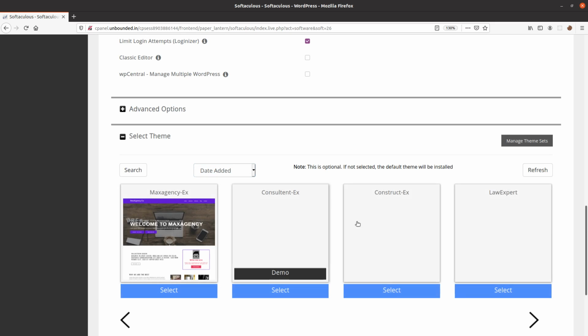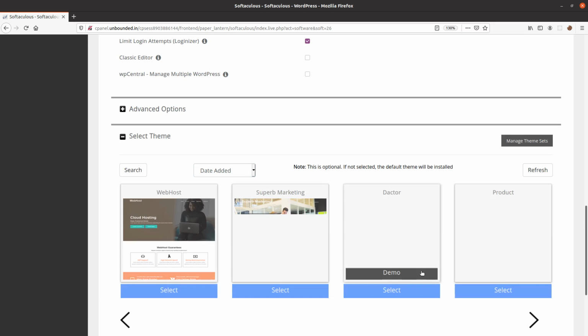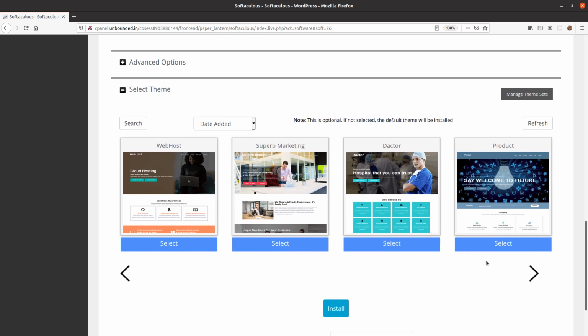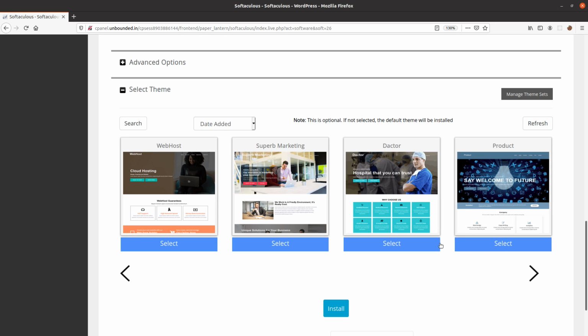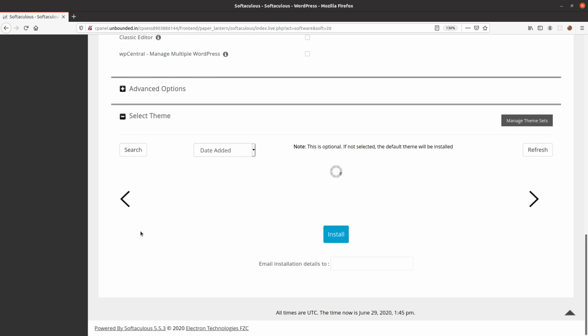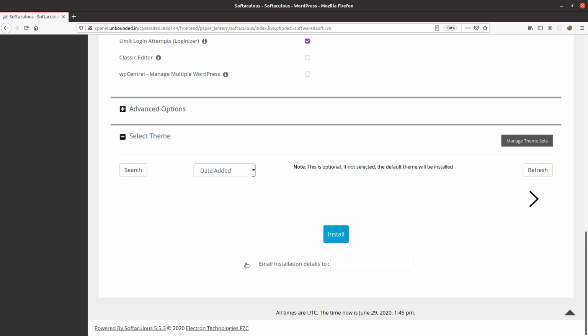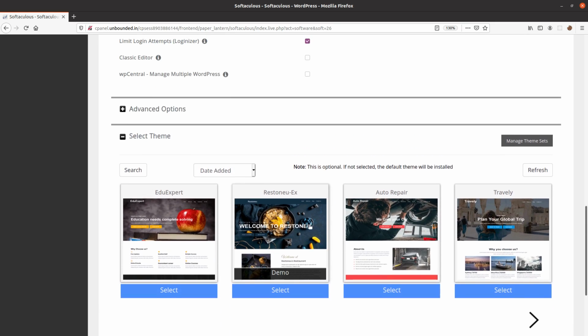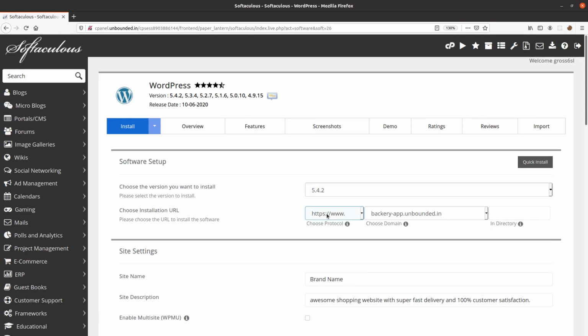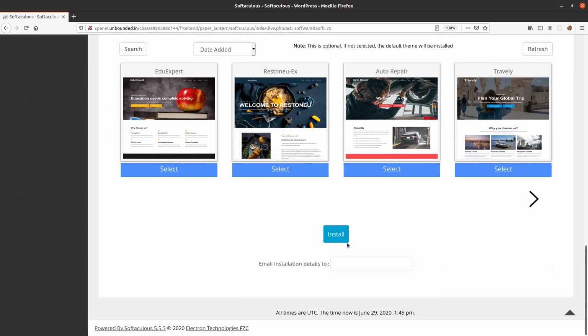If you want, you can browse which are the themes that you like, if you're seeing this option. This is one of the good themes that I like, and I would like to install this product theme, because our site also will be related more to product. Or let's not do this, because if you're not seeing this option, you might get confused and lose interest. But we'll install this theme again later once WordPress is installed. So all ready to go, and we are all set. Let's go ahead and install it.